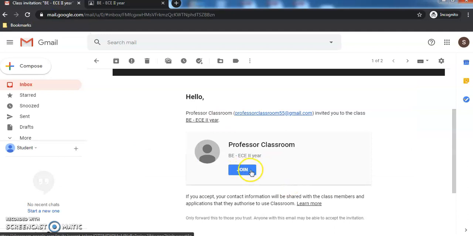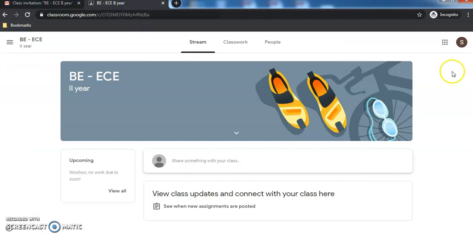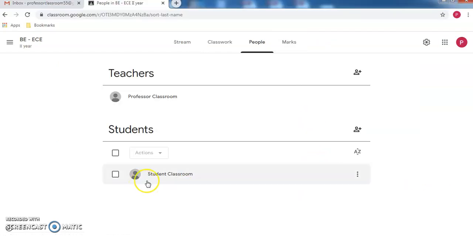So both will give you the same. So you can either join this way or you can click on class code and join. So this is the view of a student. Where the student view, there won't be any mark tab. Okay, that can be monitored only by the teacher. So you can see now the invited student has joined.